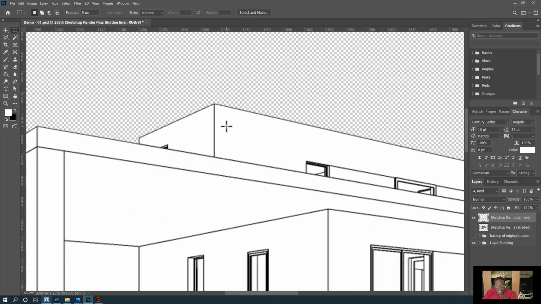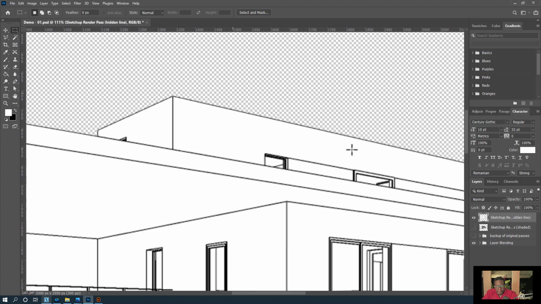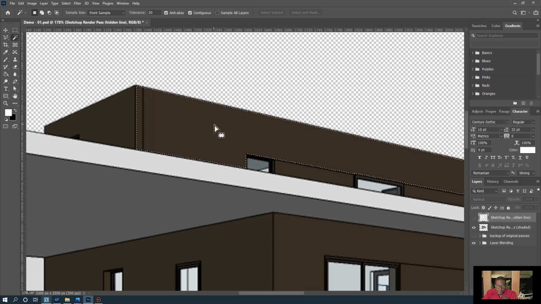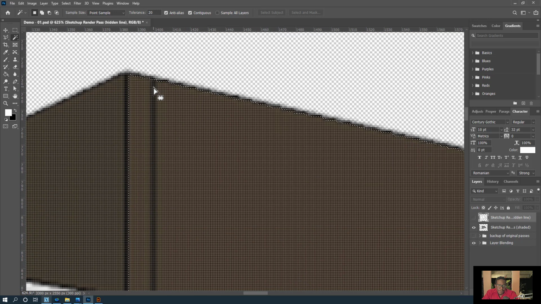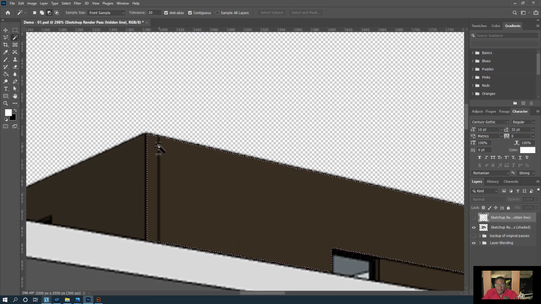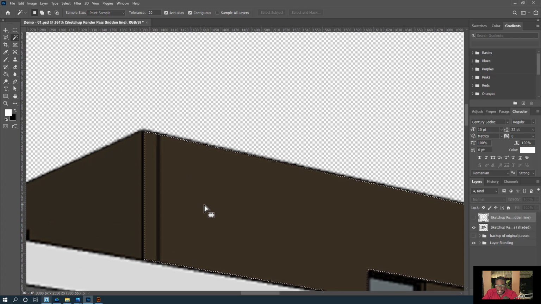Let's deselect that, and now I've completely edited this, and now it's much easier for me to select this entire side here in order to give it a new color for this layer, which totally ignores this line here. Alright, so this is just a little example of how I could use another pass to help me achieve something